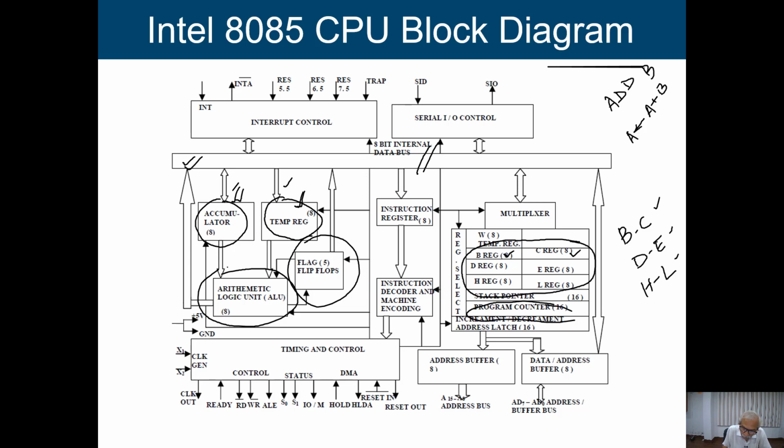program counter, one more register, and we are having another stack pointer register. We'll discuss later on why that stack pointer register is required. Along with that, here we are having the increment/decrement operation if required, and to carry out some internal operation, we are having an 8-bit temporary register W, which is sitting over here.